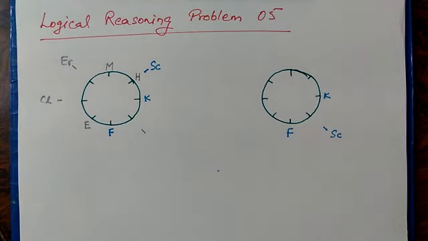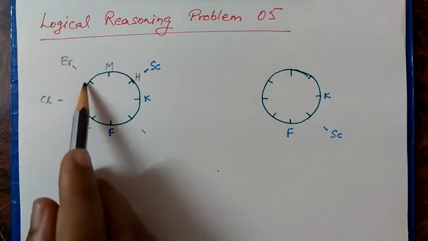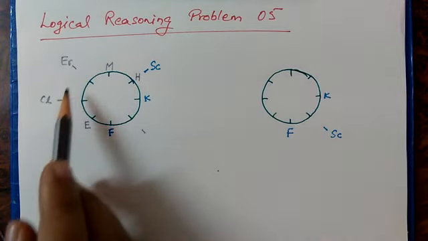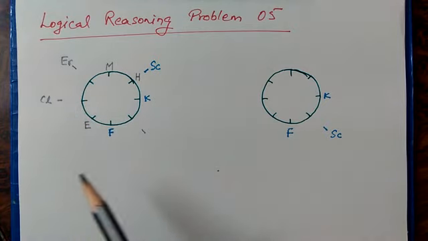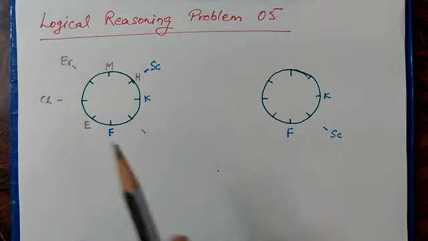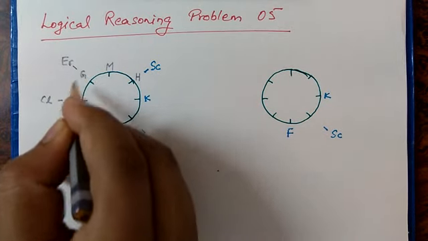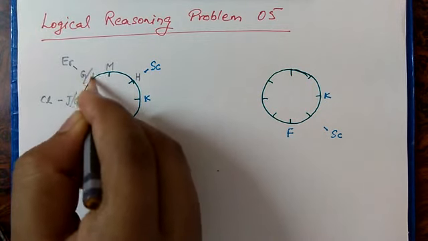Our next condition is G and J are immediate neighbors of each other. So these are the two seats available which are immediate neighbors to each other, and we have to put G and J over here only, because this cannot be possible in any other position, as there is no other position left where two seats are immediate neighbors and both available. So this is the only possible case. Let's arbitrarily put G over here and J over here, or J over here and G over here.